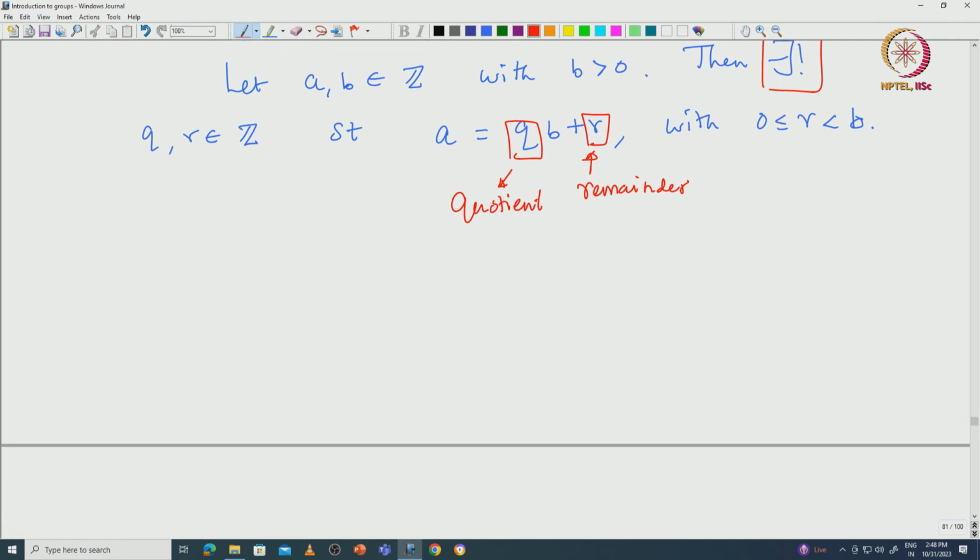Okay. So, what is the idea of the proof? The idea of the proof is to look at the following coset. This is something I already introduced in the previous lectures. So, what is the coset that we are interested in? You take all possible combinations like this. Consider this S. What is this S? S consists of the numbers you get when you start with A and then keep adding and subtracting B: A plus B, A plus 2B and so on, and then A minus B, A minus 2B and so on. So, indeed it is an infinite subset of integers.